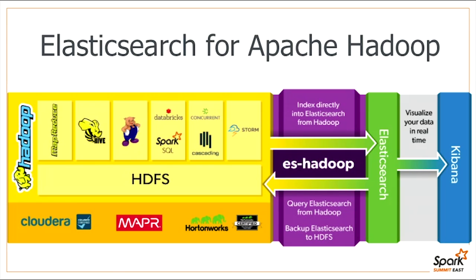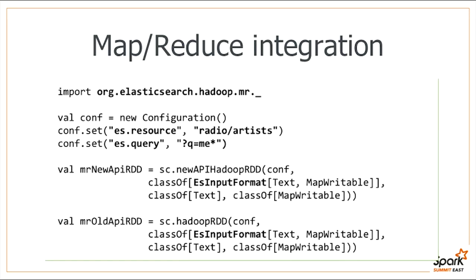What you get with ES-Hadoop is the ability to treat Elasticsearch as just another resource within the Hadoop ecosystem. So you don't really think about it as if that resource sits on HDFS. You can write data to it, which means you can take any data, index it, and then read it back. Simply looking at this means you can treat Elasticsearch as a store, put data in, get it back. But actually, the power of it comes from the fact that any data that you put in can be queried, can be analyzed. So it's not just a data lookup, but actually you get data insights. So let's see how this looks.